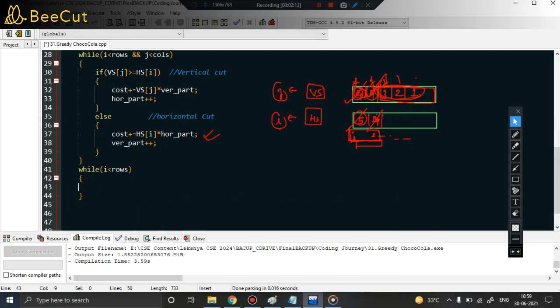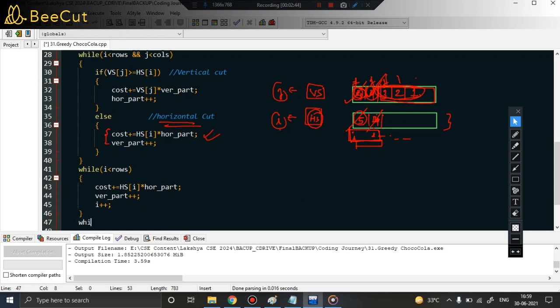And here, for this particular row, what is the operation that we are performing whenever we do a horizontal cut? These are the operations that we perform whenever we do a horizontal cut. That is why, for the rest of the elements, if any, in this row, you will perform these operations. Done. And you will also say i plus plus, keep on increasing, right, because you're traversing it.